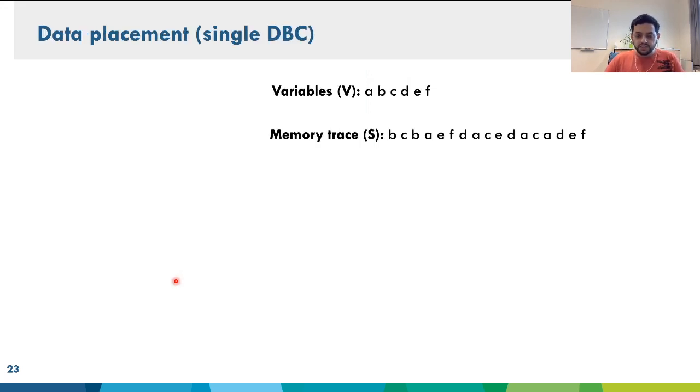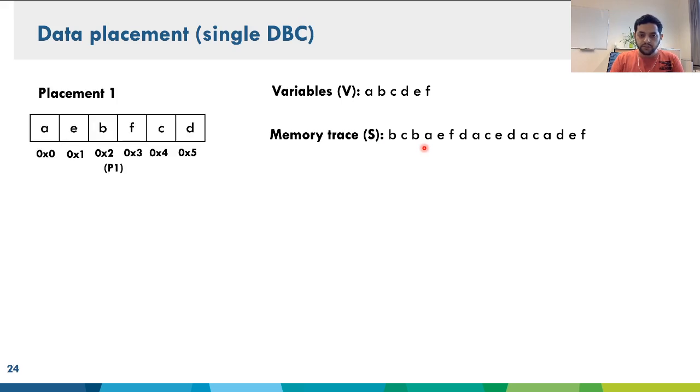Considering that these hardware solutions have overhead, there are still software solutions. For instance, if we look at data placement, consider this very simple example where we have 5 variables and the memory trace shows how those variables are accessed in an application. If we talk about the placement of these 5 variables in memory,